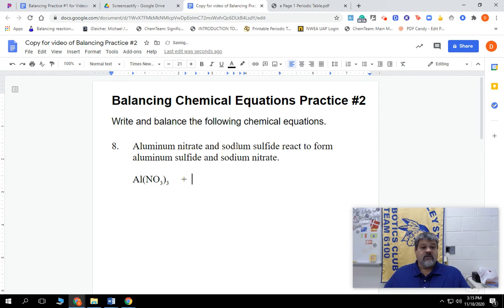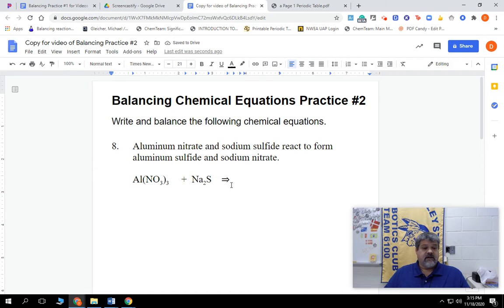So sodium again was a +1. Sulfur is a -2, so this becomes Na, and we're going to put a subscript of 2. And right next to that, we're going to have sulfur, which is S. And the subscript for that is 1 from the charge of the sodium, so we don't have to put the 1 down there. That is going to yield